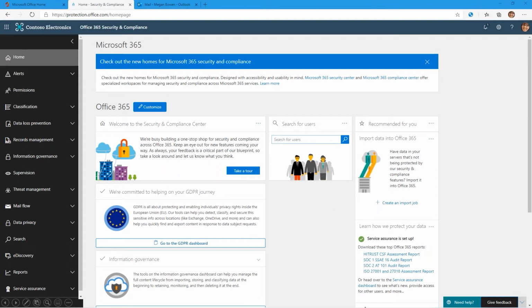So today, she's not getting fired, but we're going to be Megan Bowen, and we're going to look at how the Security and Compliance Center helps protect her organization. So the first thing we do is we go to Threat Management,